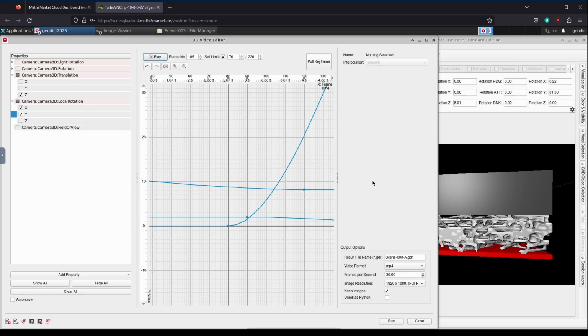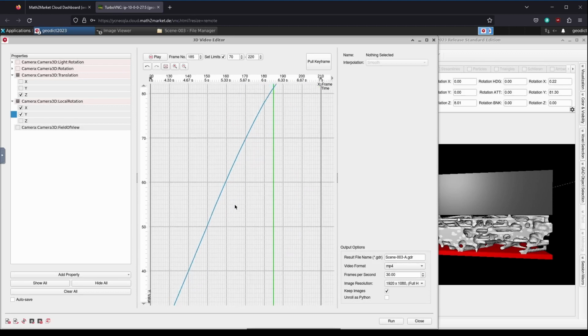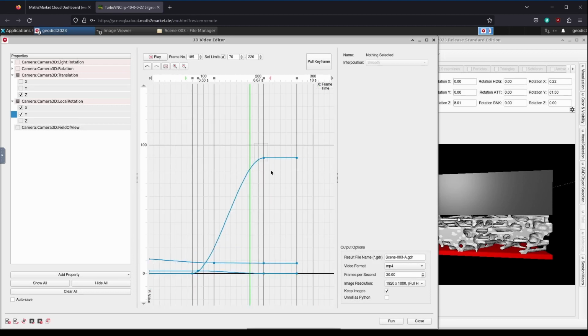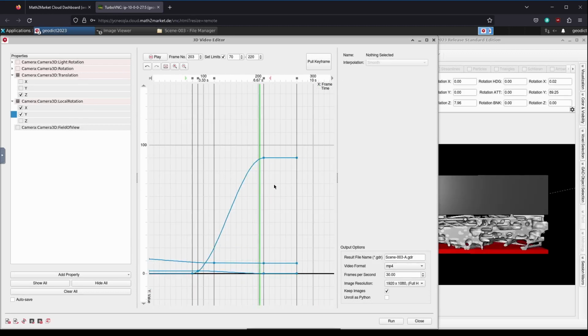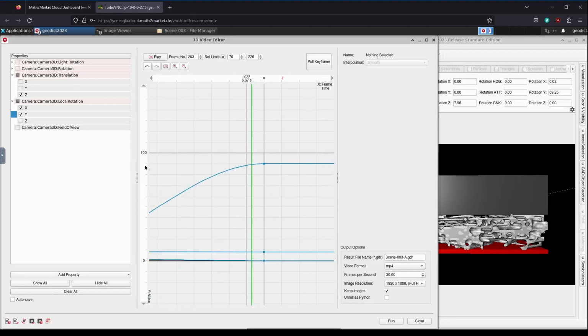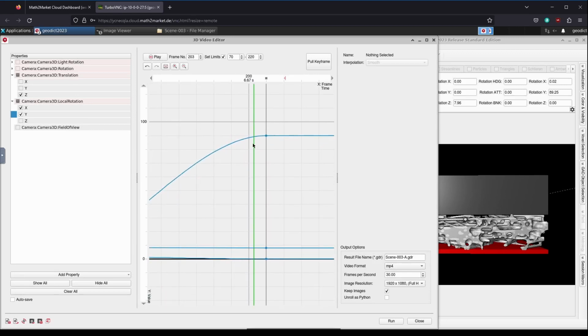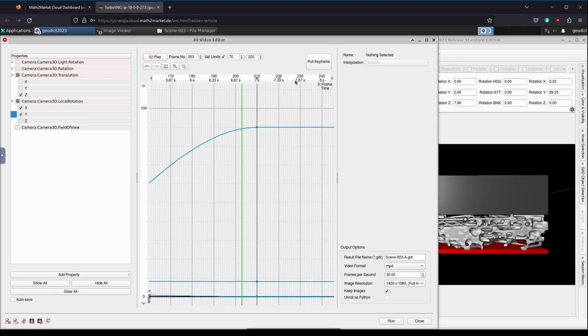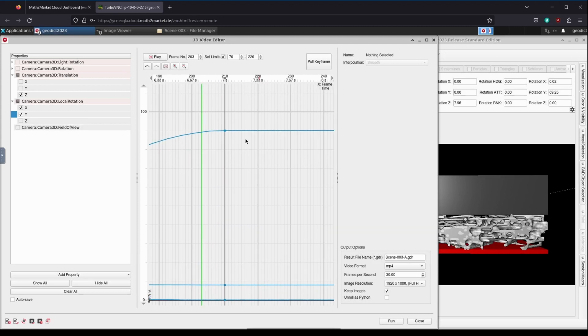Okay, so at the end of our camera pan, we're going to add some oversteer, correction and bobbing. This will give our scene more weight and dynamics, making it look like we're moving heavy equipment that needs time to slow down. To do this, we are going to go to the control points at the end of the camera pan and match our view accordingly. The key is not to overdo it. We want to create small movements that don't take long at all.